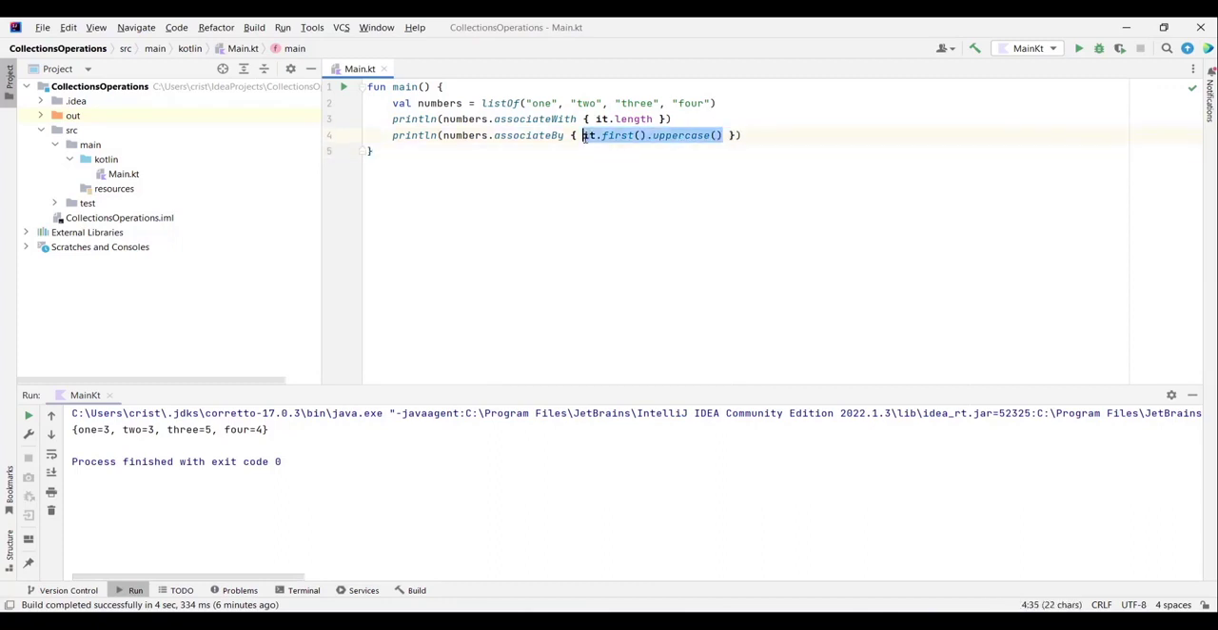So this is what this is going to do. It's going to create a key. Let's say that we have element 1, and it's going to take the first letter of element 1 and uppercase it, and we're going to have O as the key, and as the value we're going to have 1, and for the next ones it will be the same. So now if I run this code,